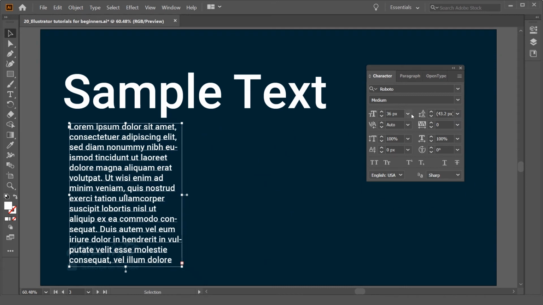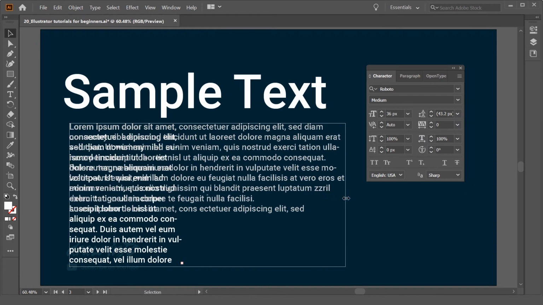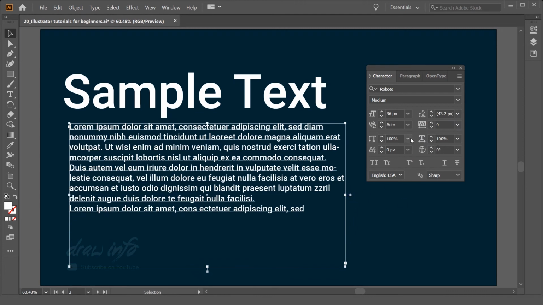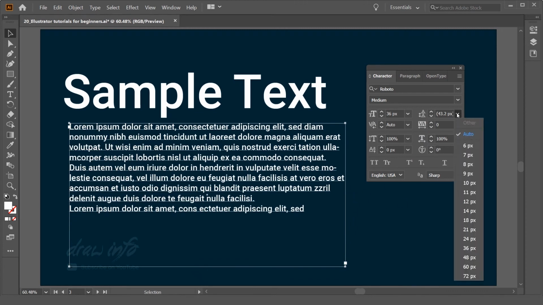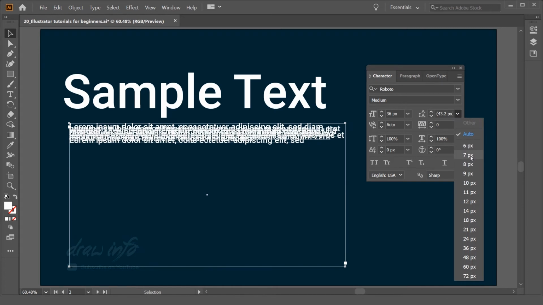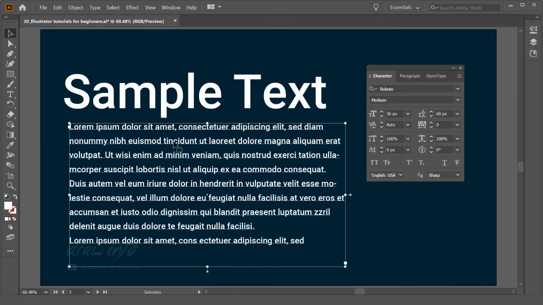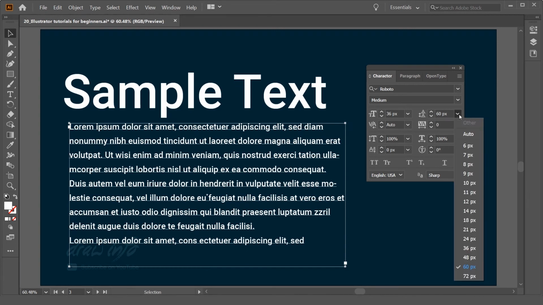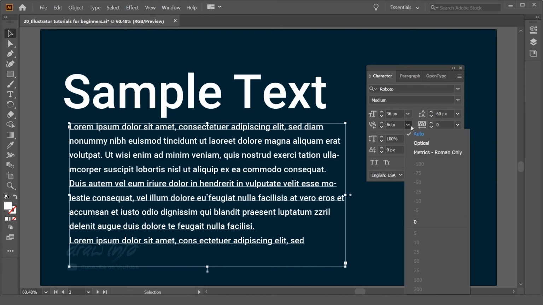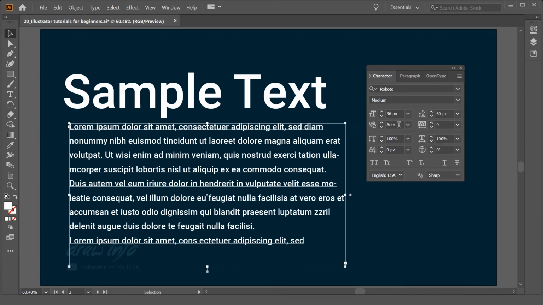This is the text size actually. Here you can give the text height, the leading, which is the distance in between two rows. If you increase the distance, you see now our text looks less cluttered. You can control this by changing this property. Now here it is auto. Here you can take optical and any other options that are available there.